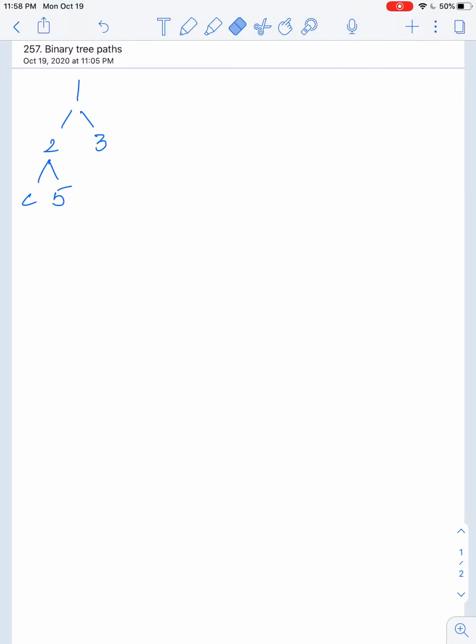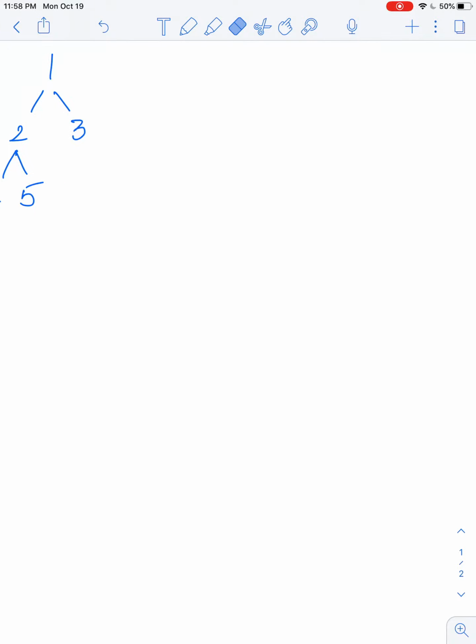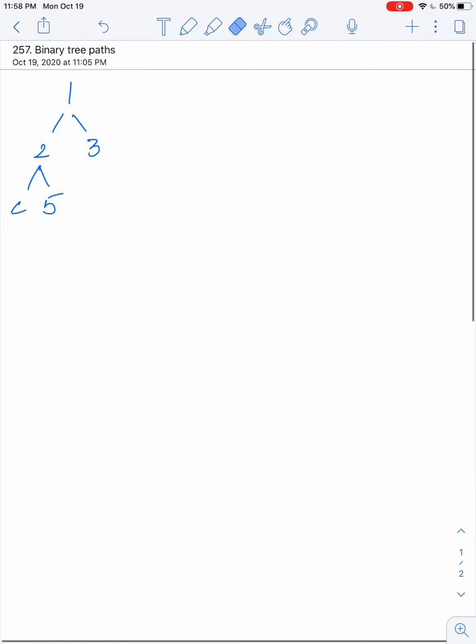Hey guys, today we are going to talk about a binary tree paths problem on LeetCode. The number is 257. The problem statement is actually pretty simple. So imagine you have a binary tree, something like this, where you have 1, 2, 3, and 4, let's say. Now the goal is to start from the root, from this root to each of the leaves and build